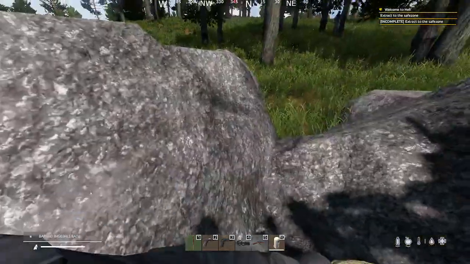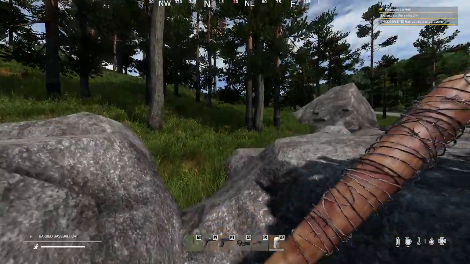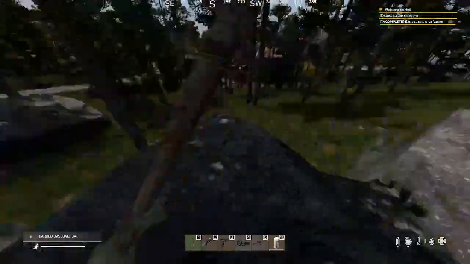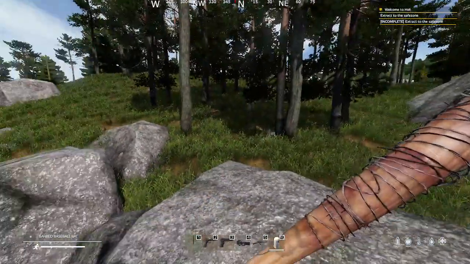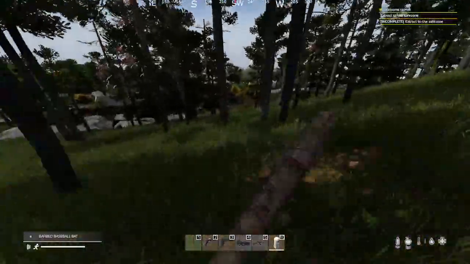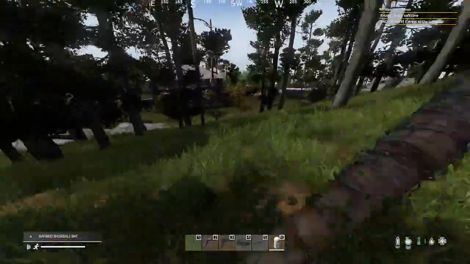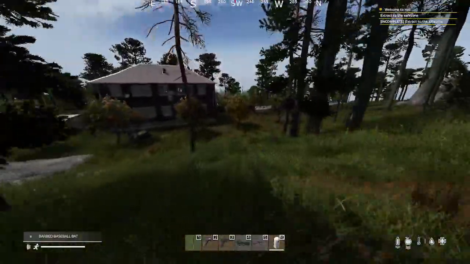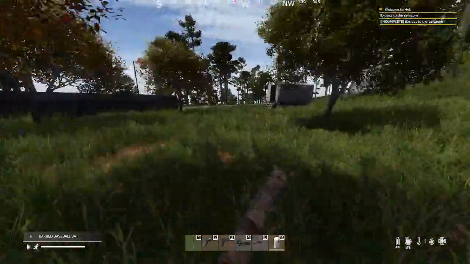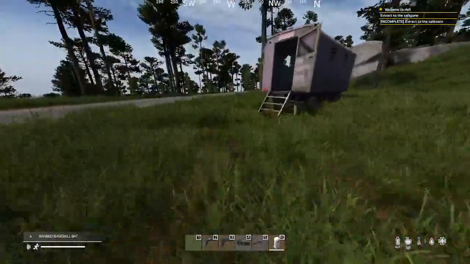Oh, I'm gonna get pounded. Oh, he's a slow mover, alright. Swift. I'll get down here quick. Hide in the house before he can get to me. That guy's been following me that whole time. That's funny. Alright, let's get up in here before he can...